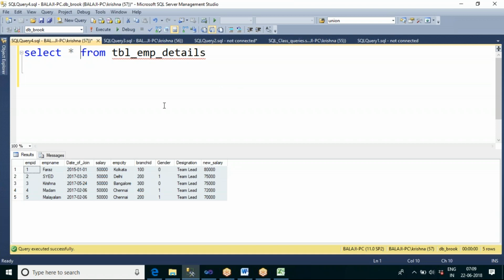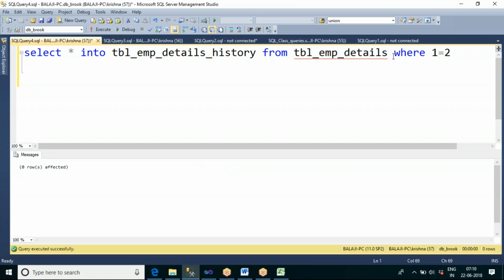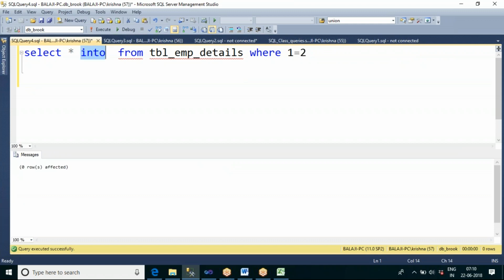Let me create one historical table with the name emp details history. I want only the schema, not the data, so I will give a false condition. Now you can see that a table will be created with this name.